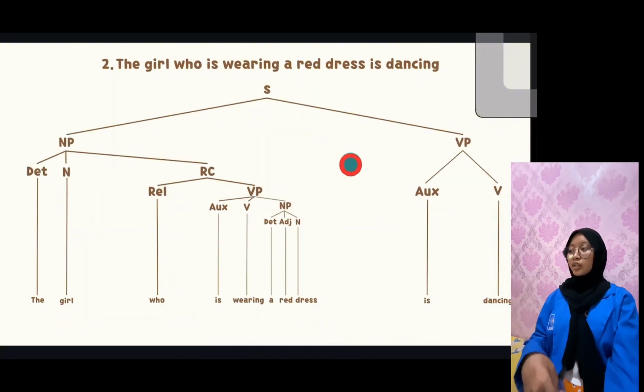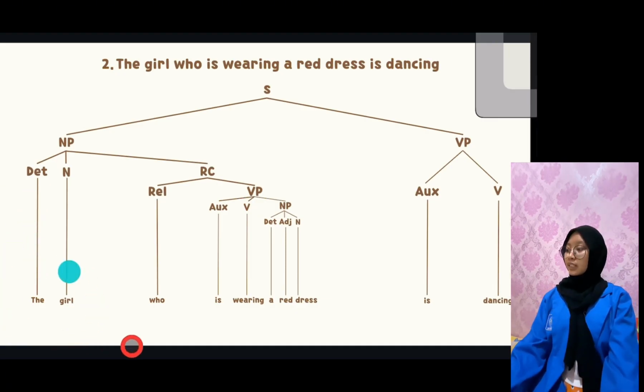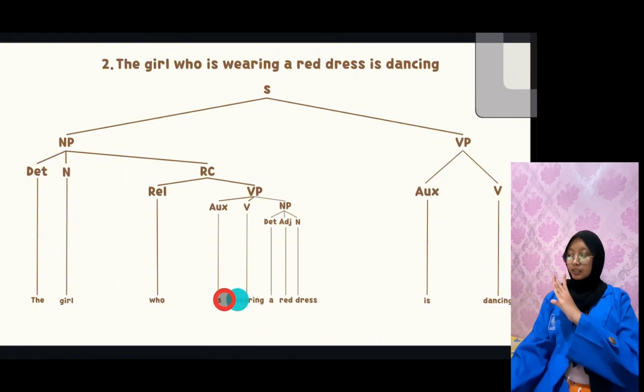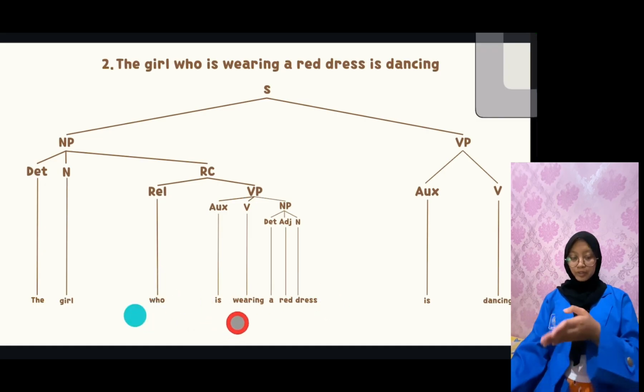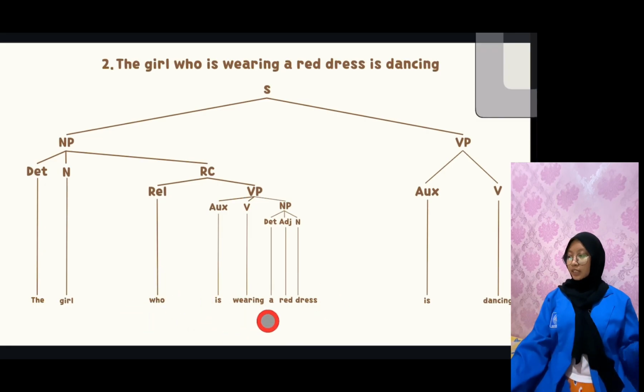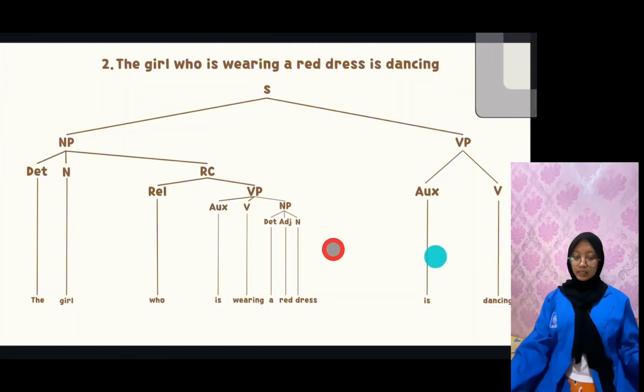Next is: the girl who is wearing a red dress is dancing. As usual, we divide it into two, noun phrase and verb phrase. And for the noun phrase, we have: the girl who is wearing a red dress. So in the noun phrase, the relative clause is who is wearing a red dress, which gives more information about the girl. Okay, and then inside the relative clause,